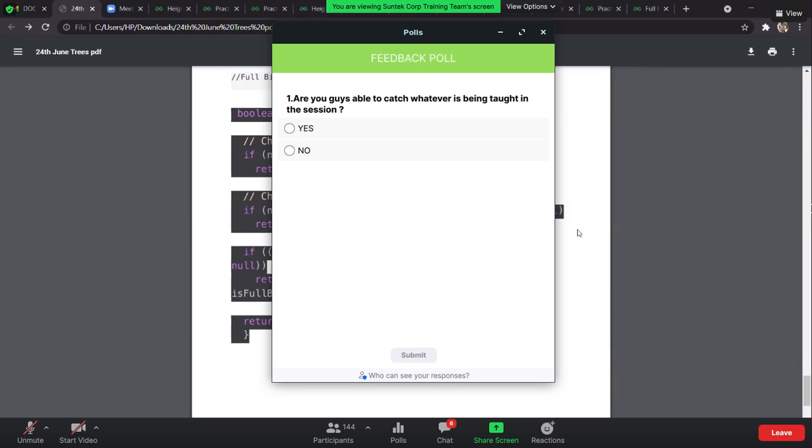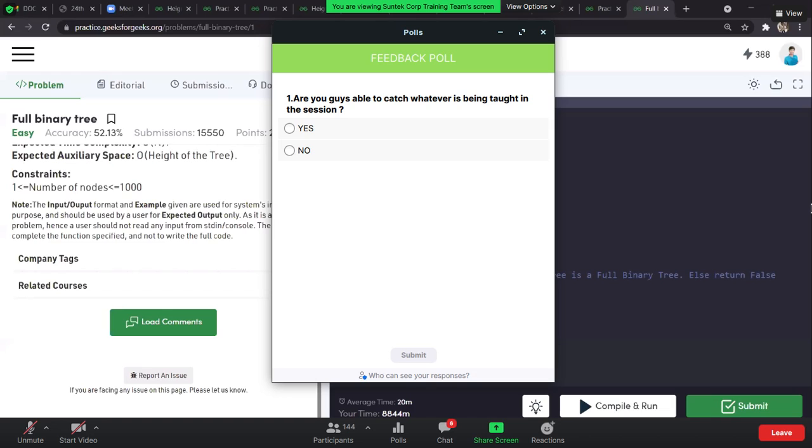If both of them are null, we are going to return true. If the left child is not null and the right child is not null, then we go inside and check again for the left and the right as well. Quite a straightforward recursive solution. Now let's check using a level order traversal.